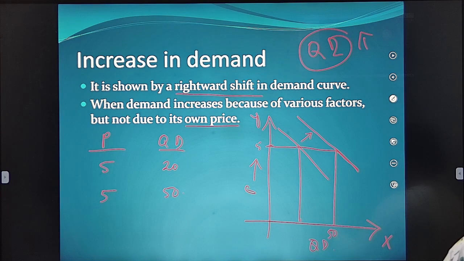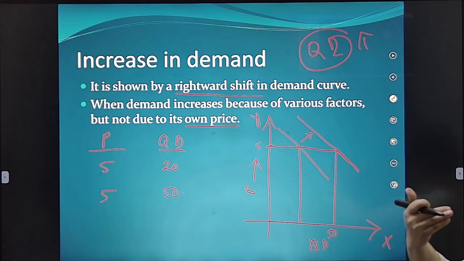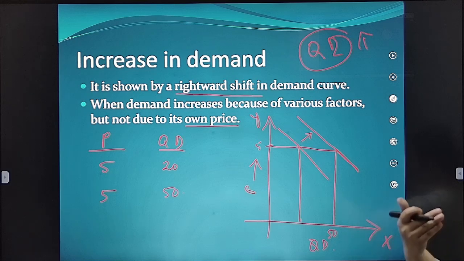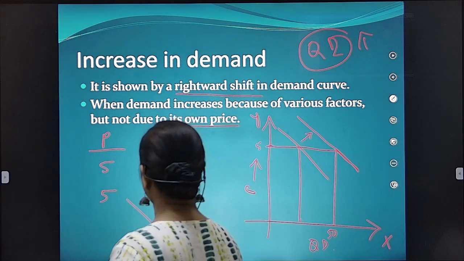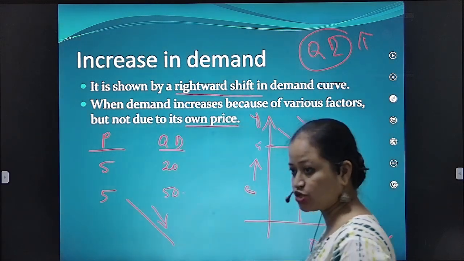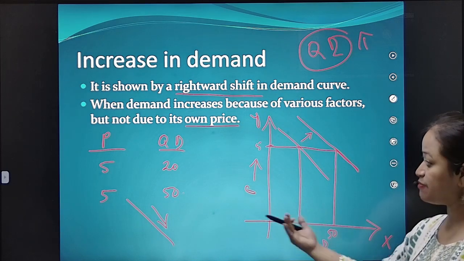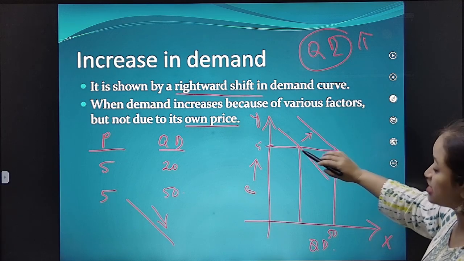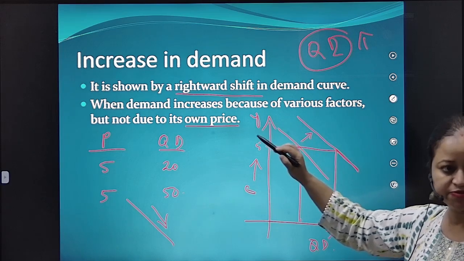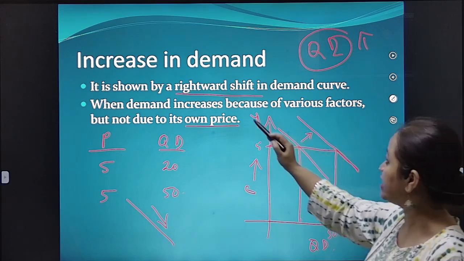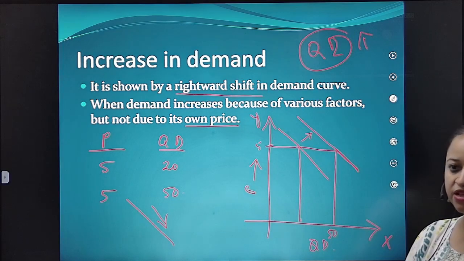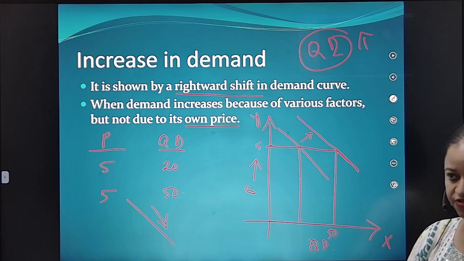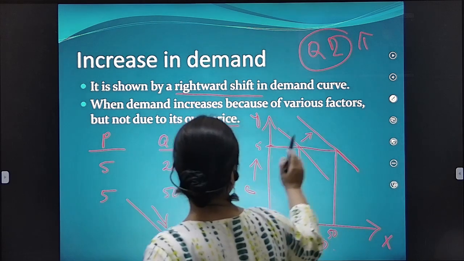आपका demand curve is going downward along the same demand curve. Same आपका demand curve में ही ऐसे जा रहा है. Demand curve is going this way. Okay? Going this way, downward, right? एक ही demand curve में. लेकिन in increase in demand, the demand curve is shifted towards right. Right side में shift हो रहा है. So that's why rightward shift in demand curve. Understood or not? Understood? Any confusion? Okay. Now we'll see